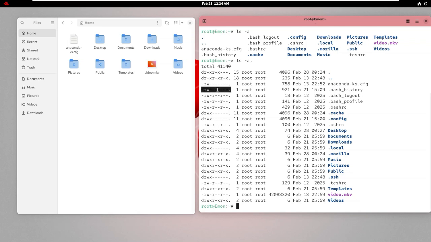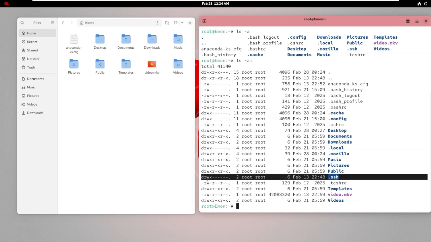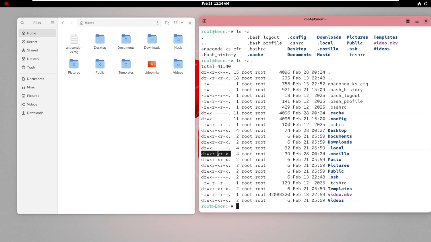we can tell whether it's a directory or a file. It's a file. How can we understand this is a file? Because there is no d in there. D means it's a directory, and empty or a dash means it's a file. So ssh is a directory. So the first column indicates whether this is a directory or a file, as well as the permissions of the directories